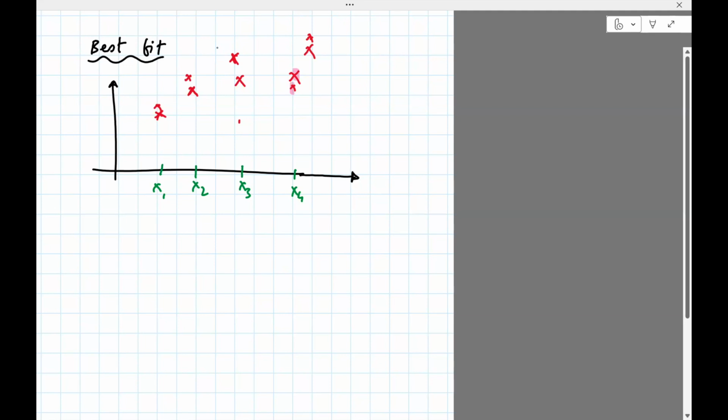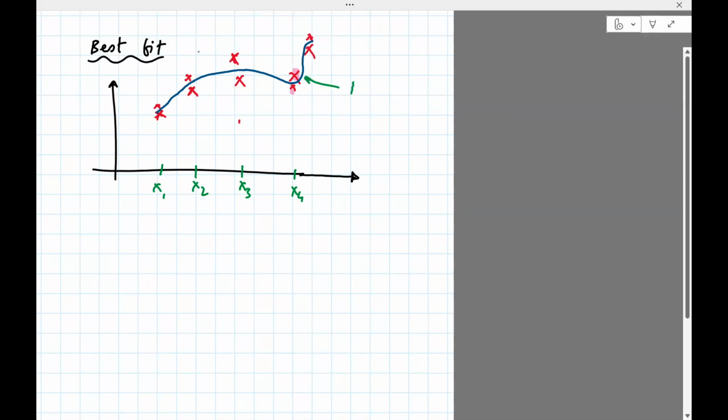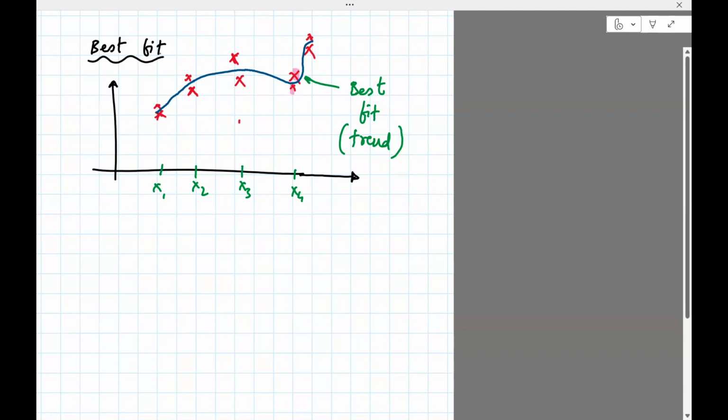So you find a line, or a curve rather in this case, which is the best fit line, which sort of explains the trend. It doesn't pass through all the data points. Okay, and the way you fit this line is by